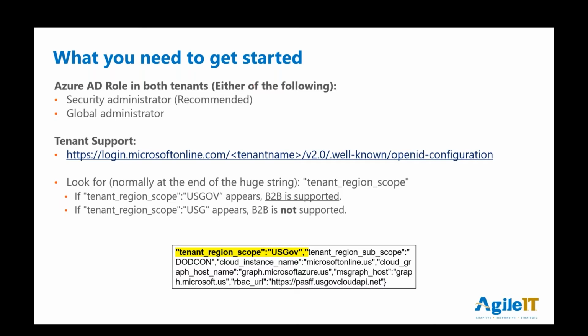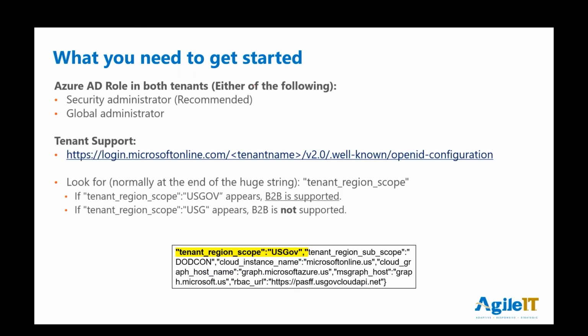Second thing is this link is public. You don't have to log in. Put in your tenant name. So if it's mycompany.onmicrosoft.us, or mycompany.onmicrosoft.com, because sometimes we had GCC user tenants that had .com, sometimes .us, whatever it is, or the tenant ID, use this URL, plug it in, and you're going to see in your browser just this complicated JSON thing. Normally at the bottom is where you're going to see this text. I highlighted it. This is very important because